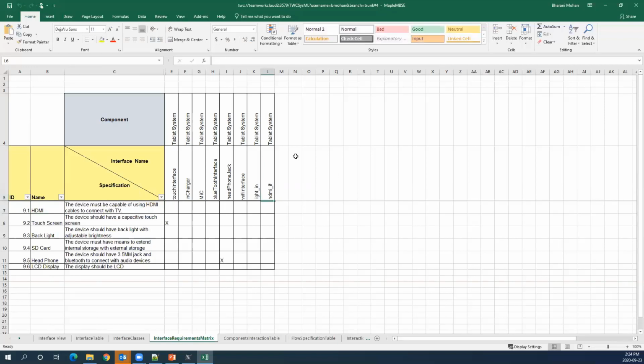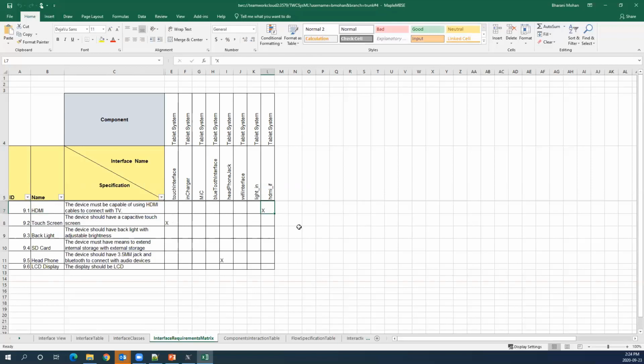So I'm saying that the tablet system is going to have an HDMI interface, and this HDMI interface will satisfy my specification for having an HDMI port. This X here means that I met the requirement.